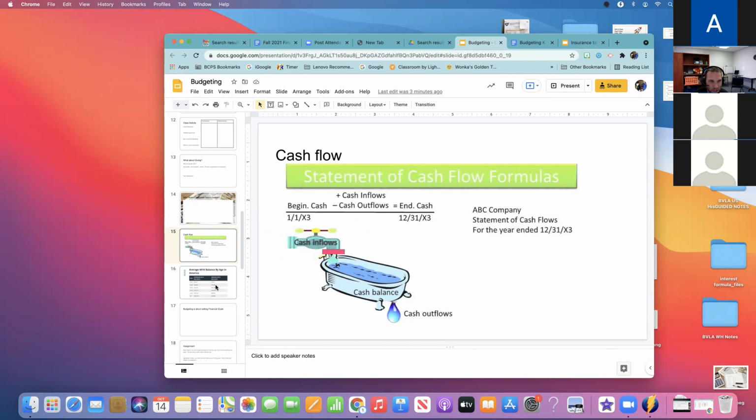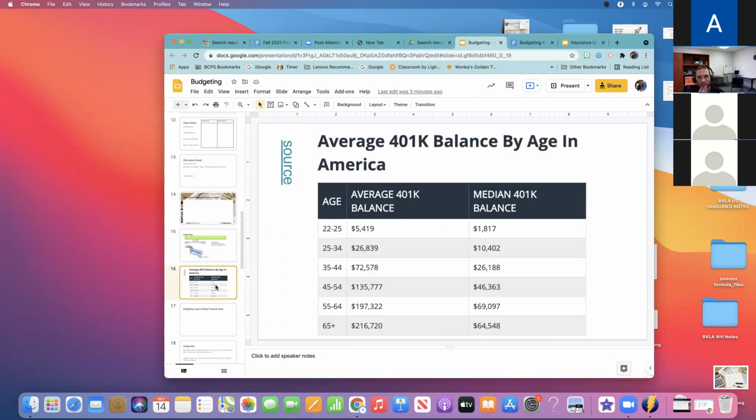Okay. I love this visual illustration. And then I saw this, and I thought, I was just reading and I saw this chart and I saved it and I emailed it to myself. So here we are. We're not in unit 1 anymore when we talked about mean versus median, but this chart is about 401k balances in the United States by age. Okay. Now, 401k, do you guys remember what 401k is? Can you guys tell me what a 401k is? Who can do that? Can anybody do that?